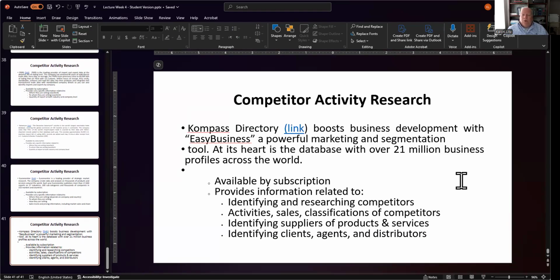It's 21 million business profiles. Let's say, for example, you wanted to research a new distributor in a country. This is a good way to look into them. Okay, so